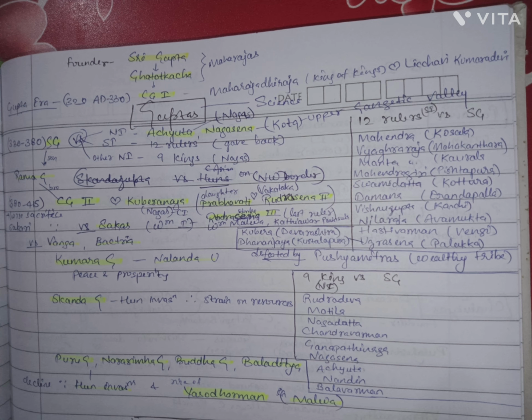फर्स्ट कैंपेन देखते हैं जिसमें ये अच्युत और नागसेन को हराएगा. अच्युत was probably a Naga ruler. नागसेन belonged to the Kota family which was ruling over the upper Gangetic valley. They were defeated and their states were annexed. As a result of this short campaign, Samudragupta had gained complete mastery over the upper Gangetic Valley.